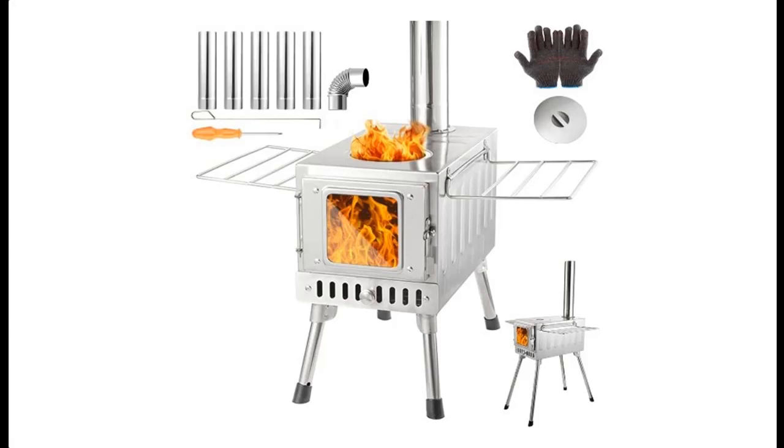We are introducing the highlight features and overview summary of the Laaioo Hot Tent Stove Portable Wood Burning Stove. Highlight features or overview summary include: